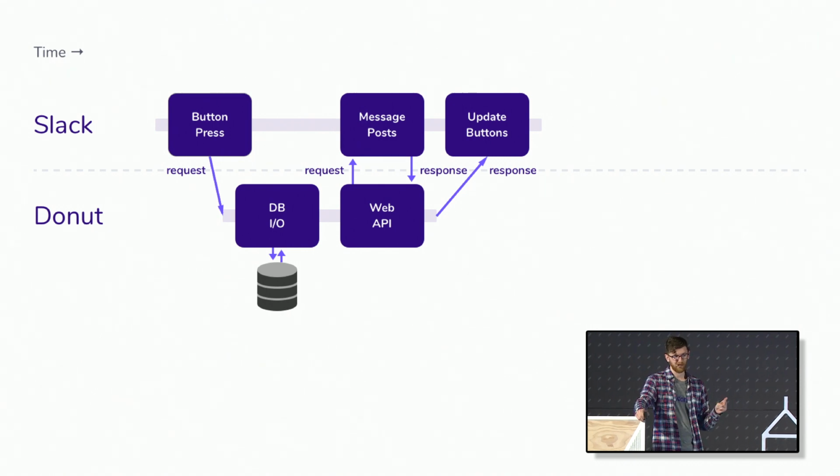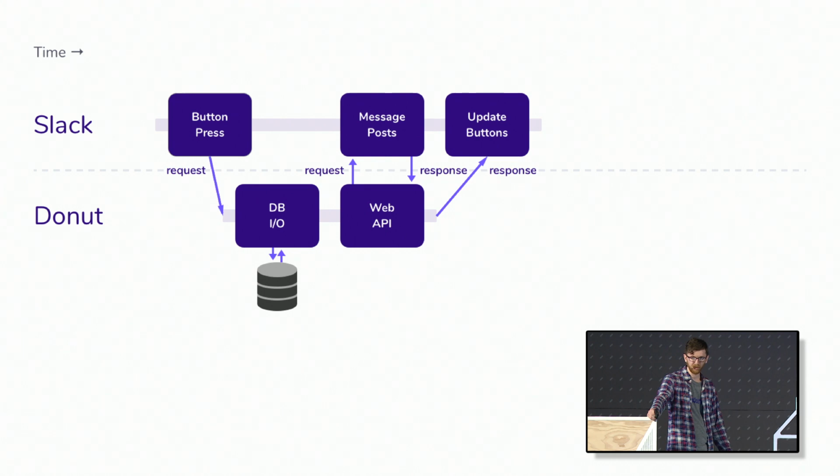And then we're going to the Slack web API to send a message, and we need to wait on that response to come back. We need to do all of that before we can finally get back to Slack with our response where we update the buttons. So you can see why most of the time this will probably be under 3 seconds, but with network time, maybe the Slack web API is being a little sluggish at the moment, this can easily get over 3 seconds. So we want to fix this.